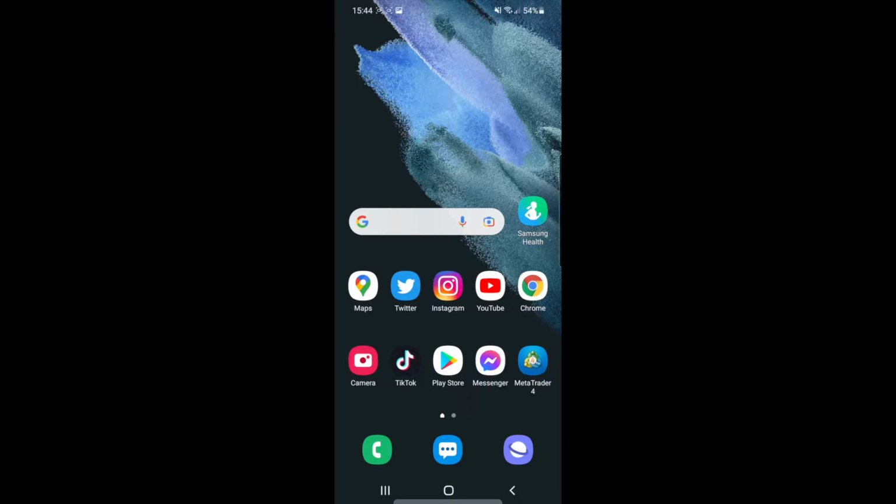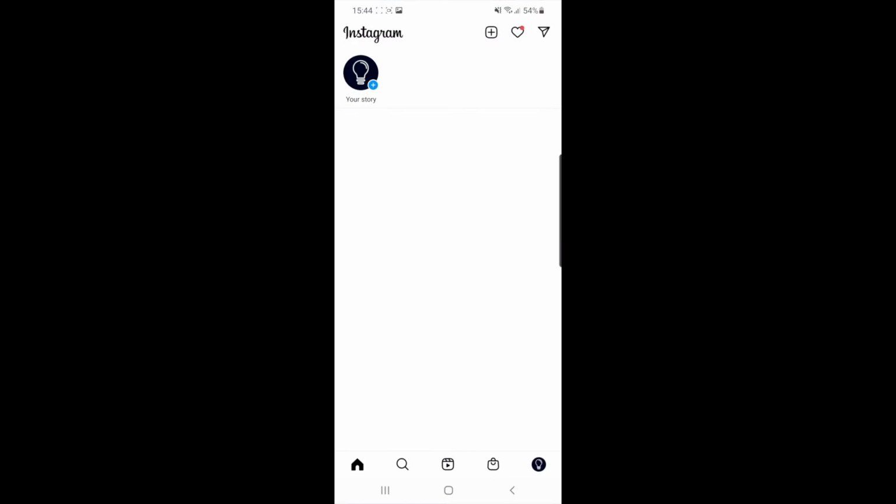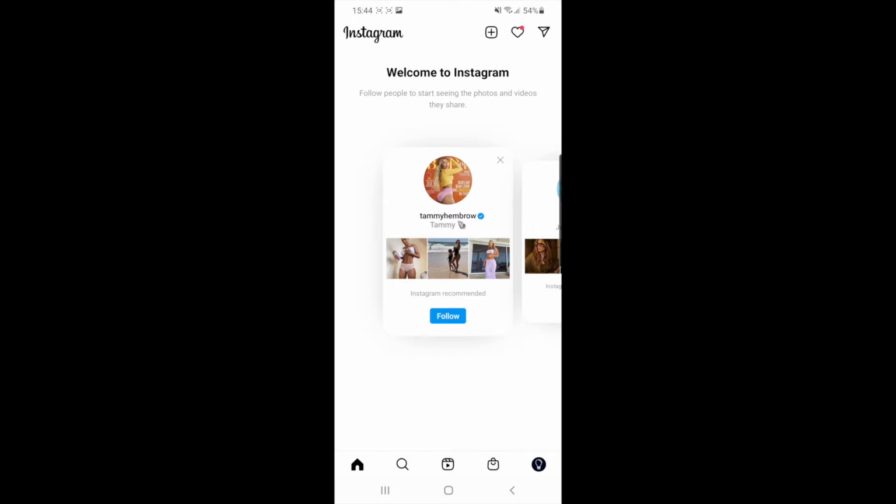In today's video, I'm going to show you how you can remove photos and videos from your story highlights on Instagram. So the first thing you will need to do is head over to your Instagram app. Once you head over to Instagram, you will obviously be on your main Instagram feed. So from there, you will need to click on your profile picture in the bottom right hand corner to head